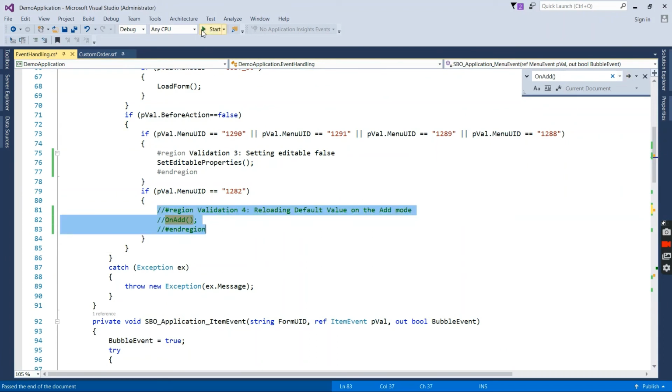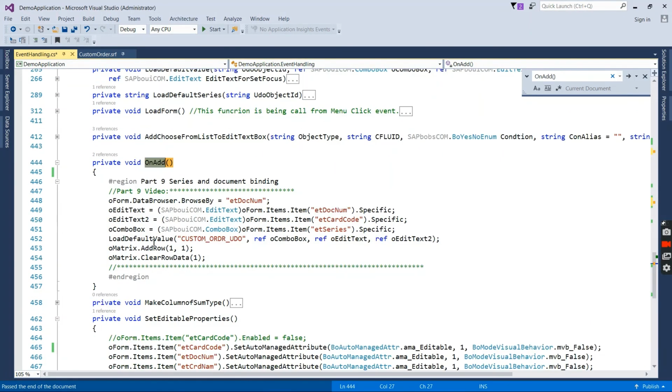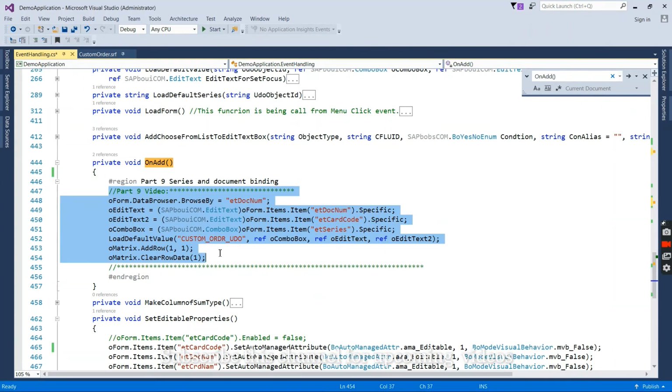You can see this is the add menu unique ID as I have shown on screen. Go to this definition and here you will see these lines of code are for adding the document number and document series into the form. We have already explained this code in our video 9, so you can go through that if you are not clear with this.